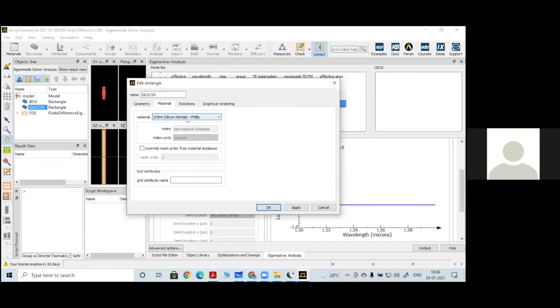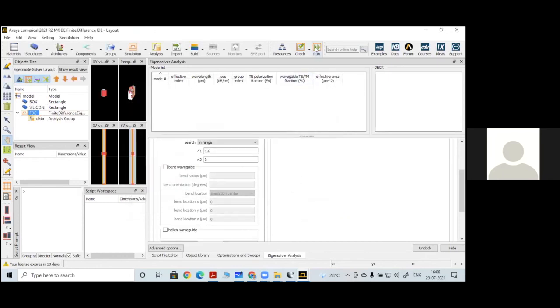Suppose I find the modal solution at the infrared range, even though you have the modes, the losses will be huge so that we won't get any propagation of the light even for a few nanometers. So let me just apply the settings. Okay, then let us run it once again.